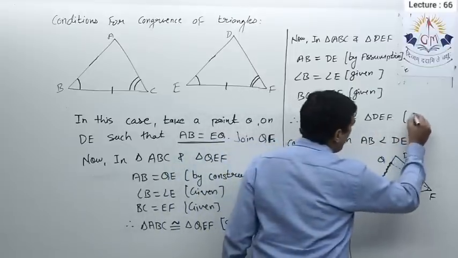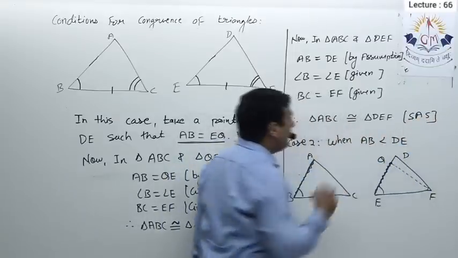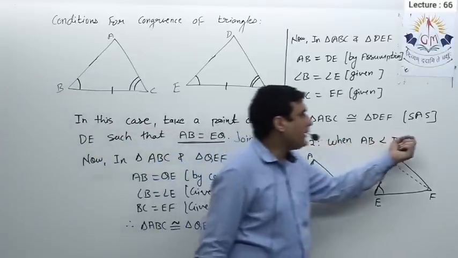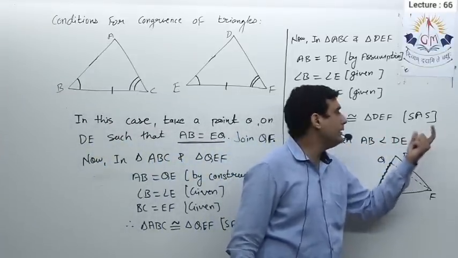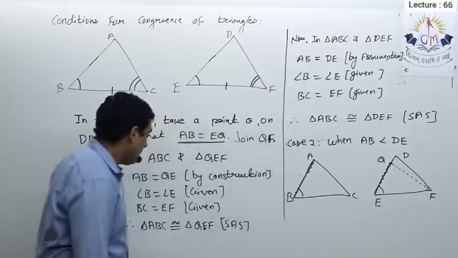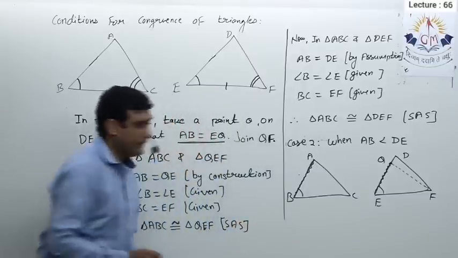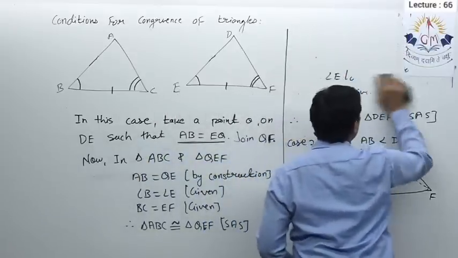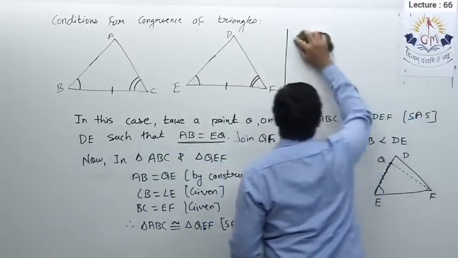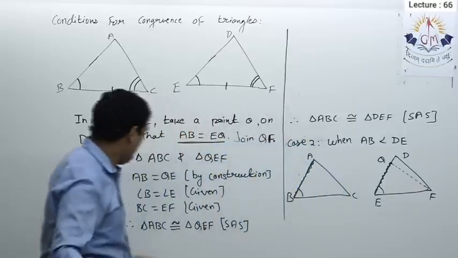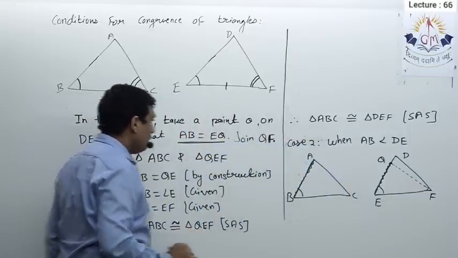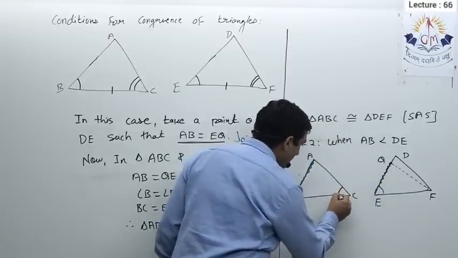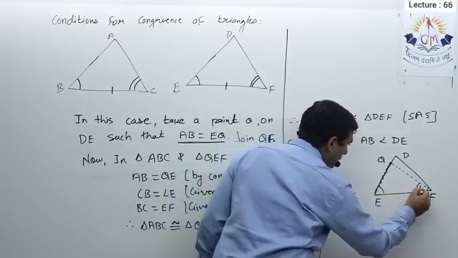Here again I actually missed, so include this side angle side. Here you have to write the reason, by which criteria. You can write only SAS, or SAS rule, SAS criteria, SAS condition, or only SAS is okay. So here I proved these two triangles are congruent by side angle side. Now as the triangles are congruent, their corresponding parts are equal. So I can write this angle C is equal to this angle.